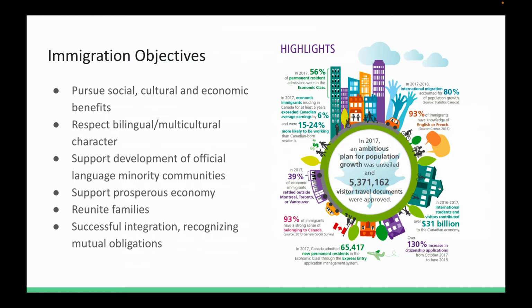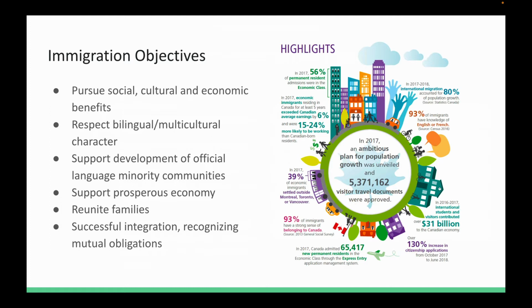We want to make sure that our economy remains prosperous. If we take a look at the family class of immigration, we want to make sure that we can reunite families, and ultimately we want to have a successful integration where we recognize the mutual obligations that exist here in Canada. And as I was reading that, you can see on this graphic here, this is from 2017, where there was an ambitious plan for population growth here in Canada,